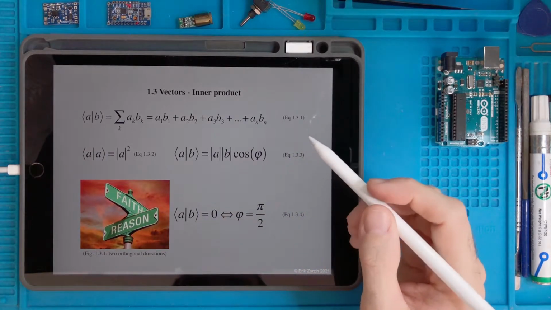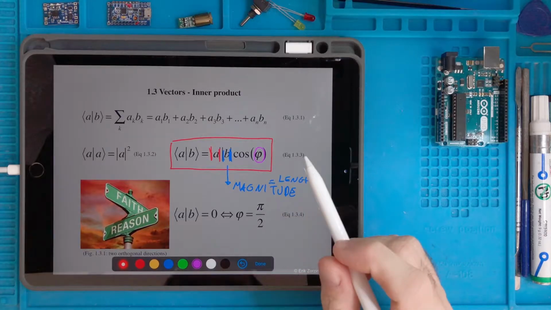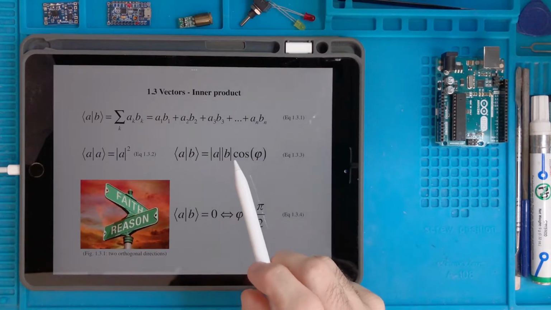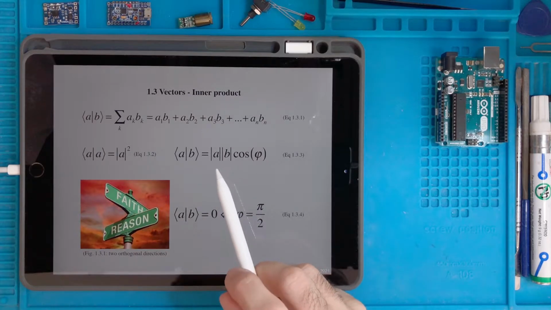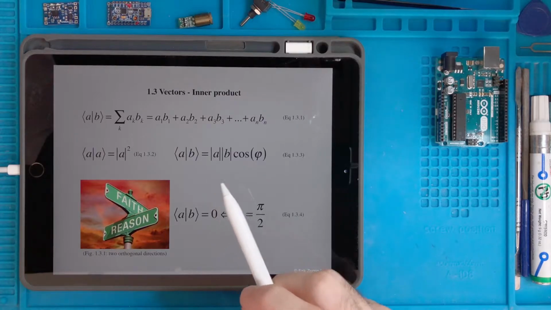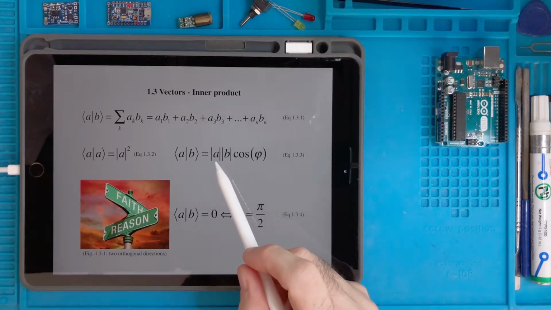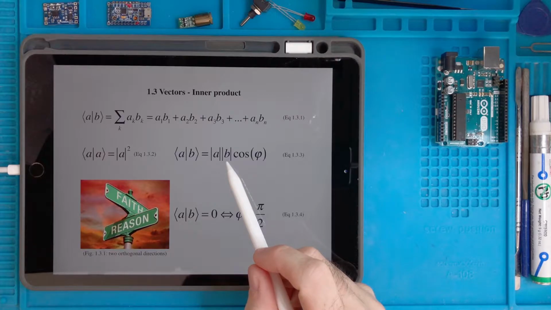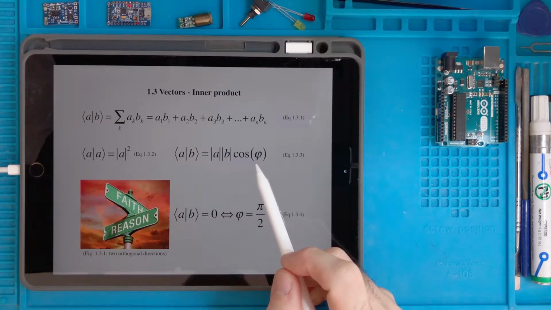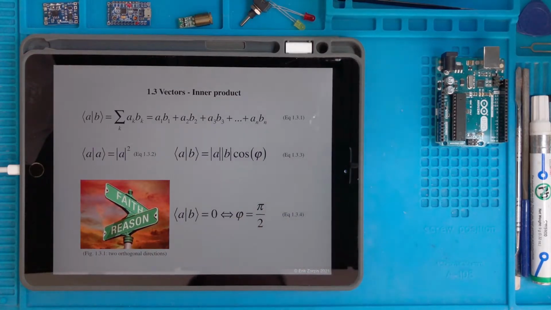And then we have to say that we can demonstrate that this inner product is a number which corresponds to the magnitude, so the length of the arrow, let's say, of the vector A, multiplied by the length of the vector B, multiplied by the cosine of the angle between the vector A and B. So this thing